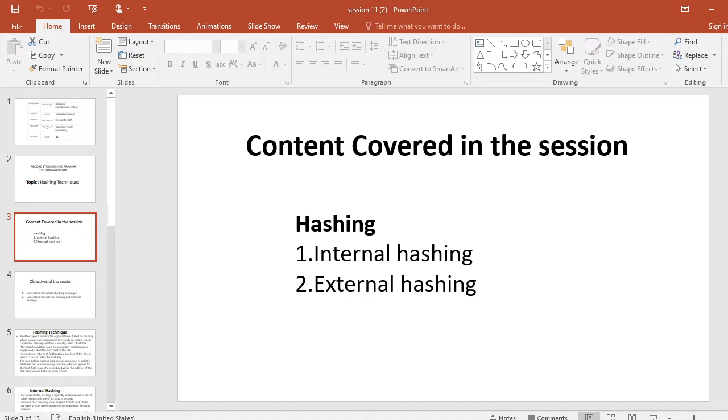Hashing technique is a method which provides very fast access to records on certain search conditions. Whenever there is a search condition, it gives very fast access to records in a file. The search condition must be an equality condition on a single field called the hash field of the file. The hash field is also a key field of the file, in which case it is called the hash key.